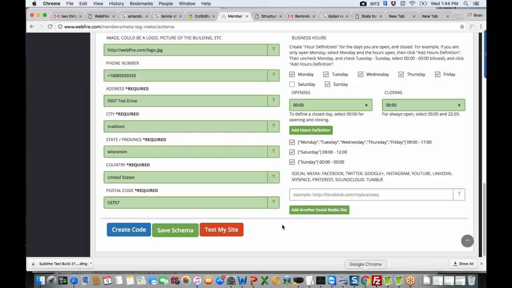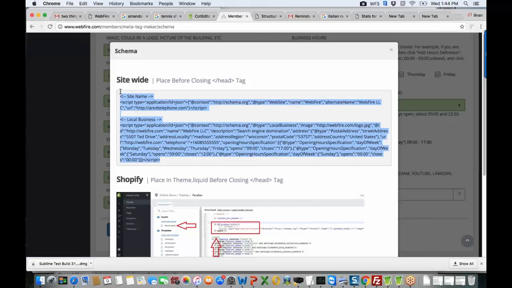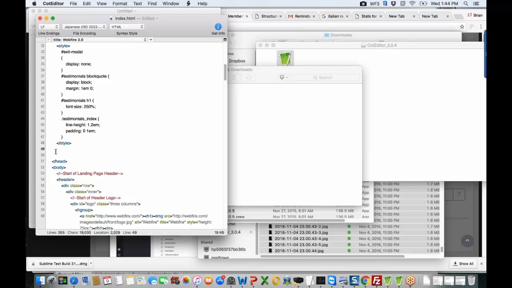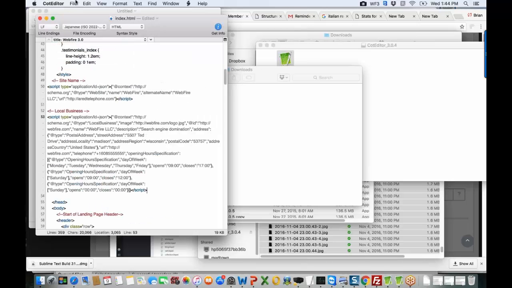So we just paste in, let's go to create code. We just paste in this right here, click copy, go back here. Go back to the editor that I had right here, and we just paste it in right there, and you'd be done. At that point, you just click save, or you go to file save, and then you would take that file that you just saved, you'd go back to FileZilla,